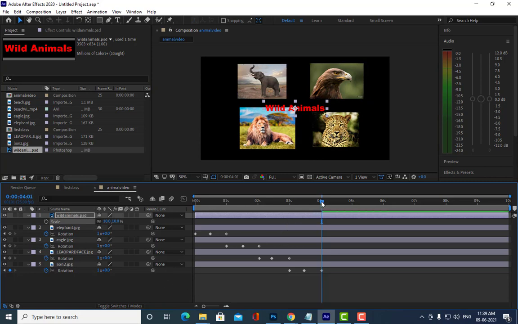I will tell you one keyboard shortcut here. All of you remember this keyboard shortcut. So this time ruler is there now, this bar is there, this layer is there.